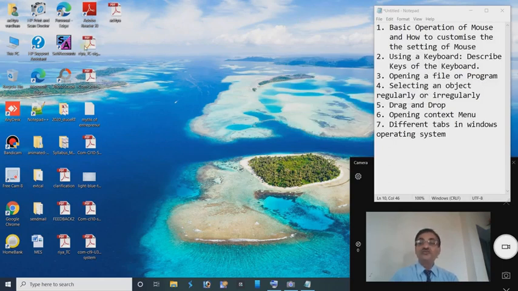If we want to displace this icon on the desktop, we can easily do it. How? Now I have to hold down the left mouse button and drag the mouse pointer. Drag means pressing down the left mouse button and moving the mouse pointer along with the pointed object. And now release the mouse button. It is dropped here.